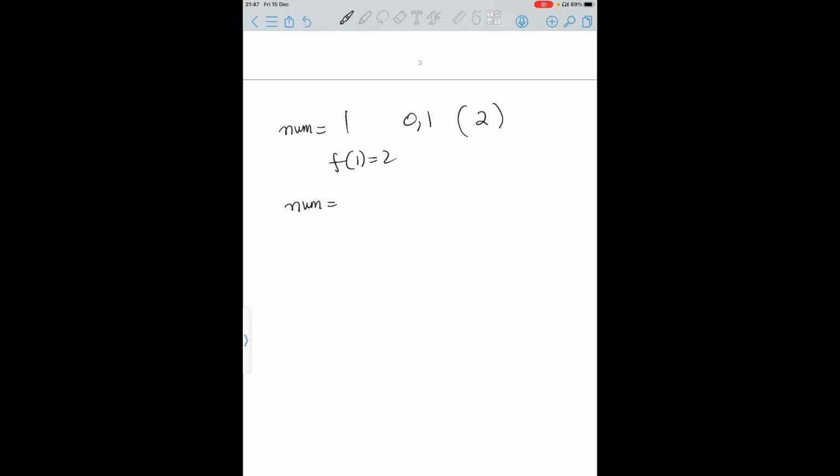If we take the number equal to 10, then how many whole numbers are there that are less than or equal to 10 and whose start digit and end digit are the same? They are 0, 1, 2, 3, 4, up to 9. Total 10 numbers. So f of 10 equals 10. For 100,